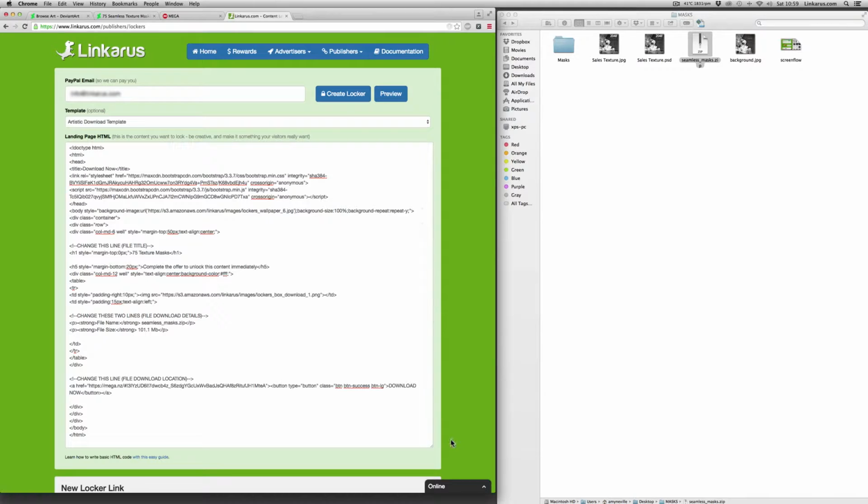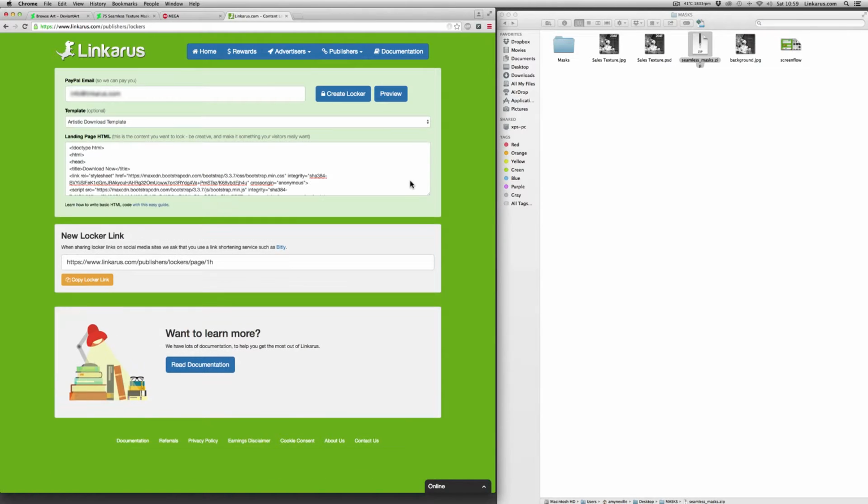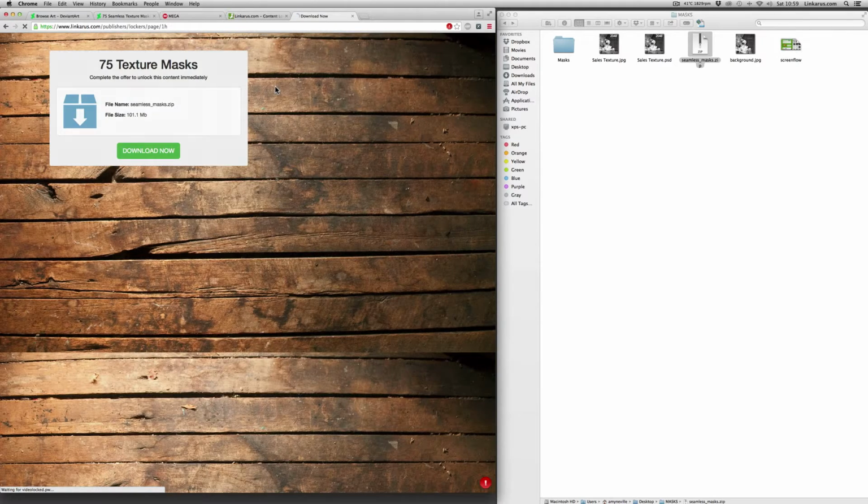Now if I didn't have an account, it would create a Linkerous account for me automatically. Obviously I already have one, but you won't see anything different. You can just log in to your account under check earnings here. But here we go, we've got a new locker link, and if I copy that to my clipboard and paste that into the browser,